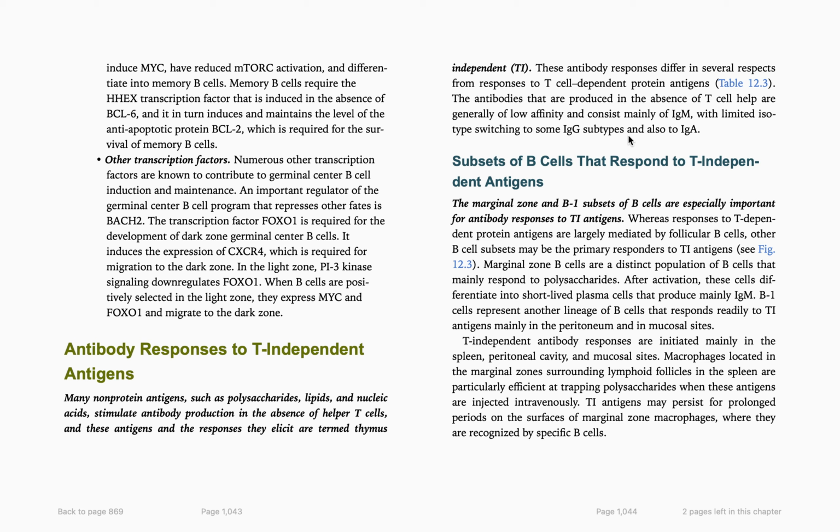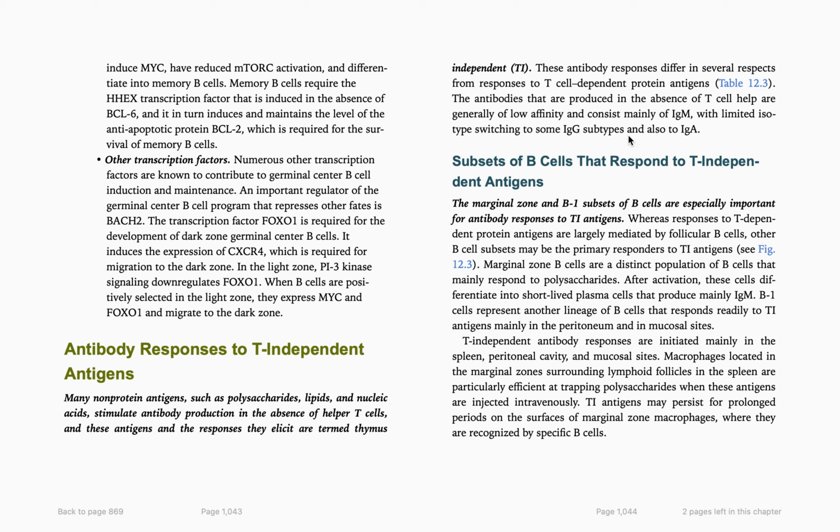Many non-protein antigens such as polysaccharides, lipids, and nucleic acids stimulate antibody production in the absence of helper T cells, and these antigens and the responses they elicit are termed thymus independent. These antibody responses differ in several respects from the response to T cell dependent protein antigens. The antibodies that are produced in the absence of T cell help are generally of low affinity and consist mainly of IgM, with limited isotype switching to some IgG